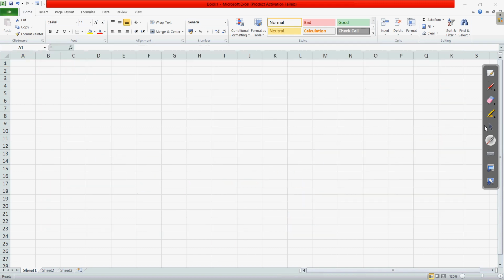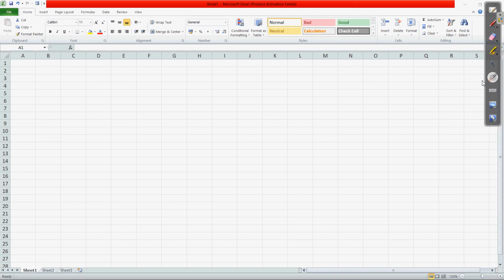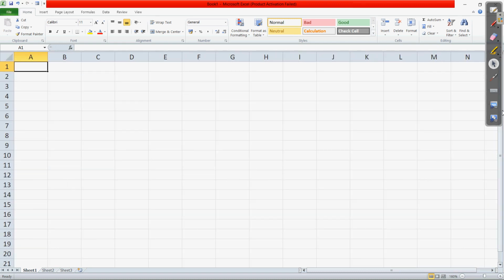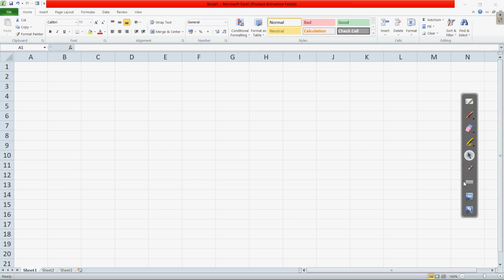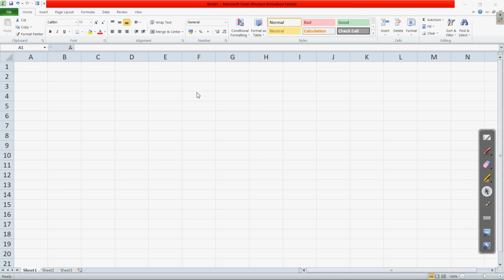Now let us see the previous things which we have just seen, what are rows, what are columns, and how many rows and columns there are. Let us zoom in. Here you can see at the top all of the columns are denoted with alphabets.